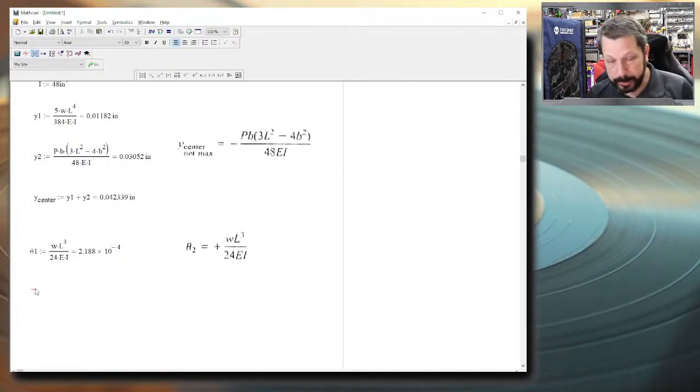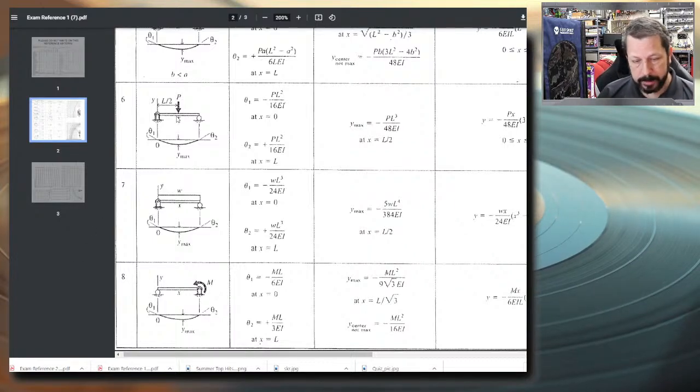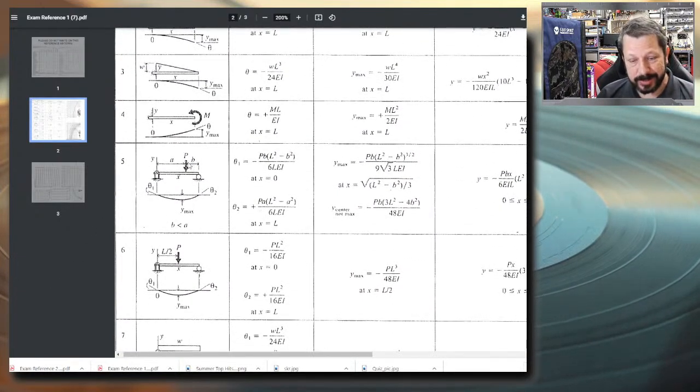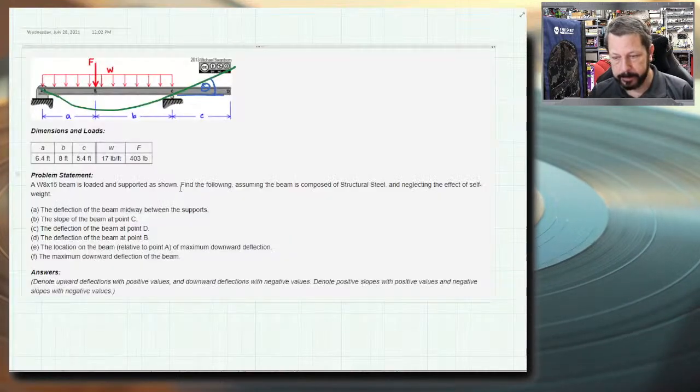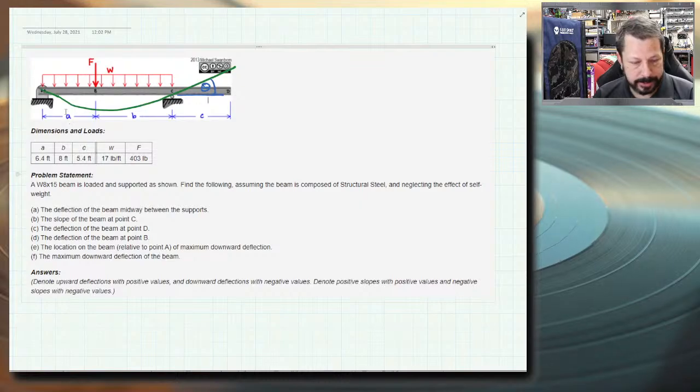Now the point load. We have to be careful with this one because we're in an eccentric point load where it's not centered. And so we've got two different values. They're not just positive and negative of the same thing. They look similar, but there's a b squared and an a squared. So they're not just the same thing. So in this case, we've got to look at the configuration in the picture here, which is mirrored from what we actually have. We actually have the point load. I did check. A is smaller than B. So our image that we are dealing with is